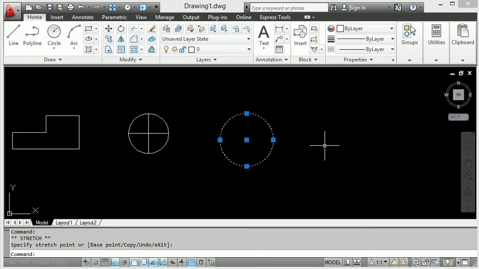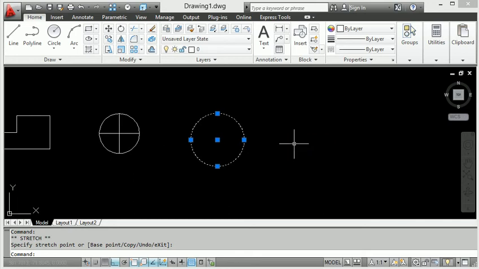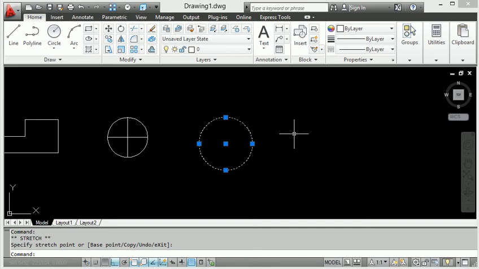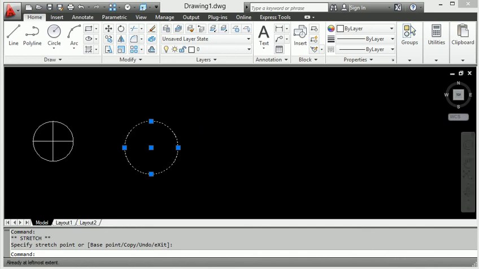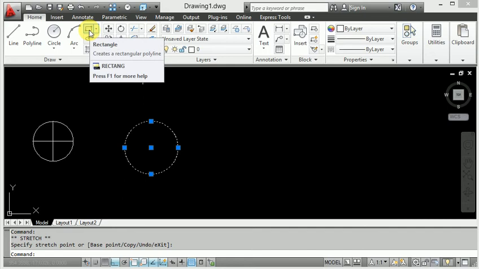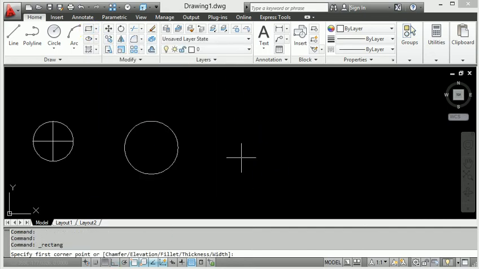Now I will show you the rectangle command. How to use the shortcut key in the rectangle command? First of all, we choose Rectangle here from the home page. See this rectangle. Let's enter the rectangle and start at a point.